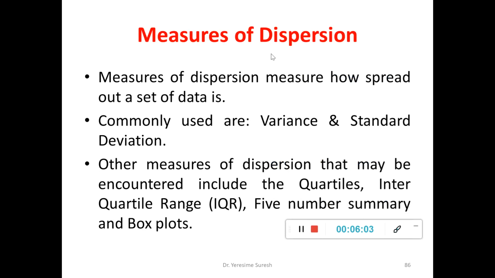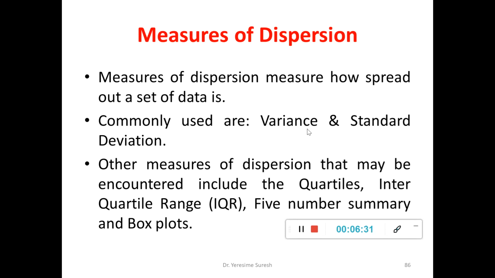And the common measures of dispersion again are variance and standard deviation that you might have studied in your lower mathematical classes. Apart from this, we have some more dispersion measures such as the quartiles, interquartile range, the 5 number summary and the box plot. And I think we have discussed this box plot in determining the fraudulent activities taking place in your banking transactions. So we'll see how this measure of dispersion helps in analyzing a given data set.